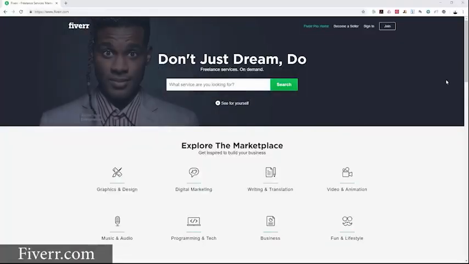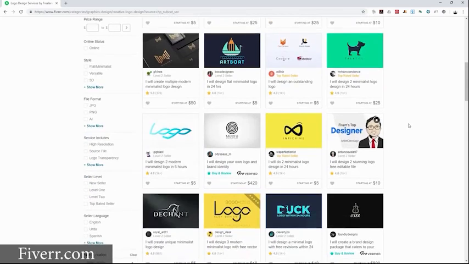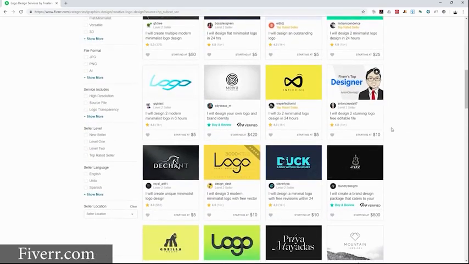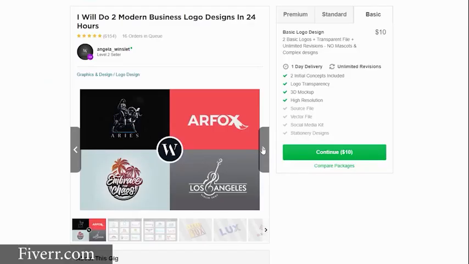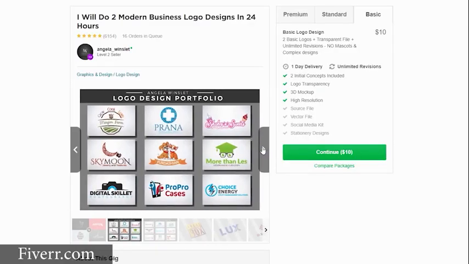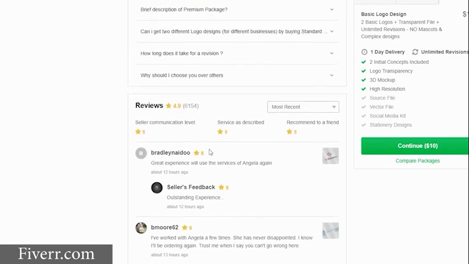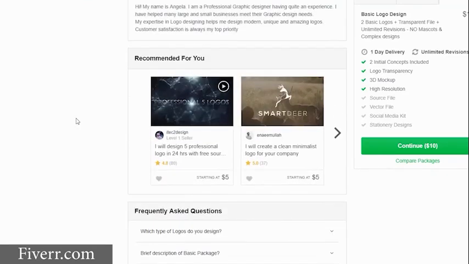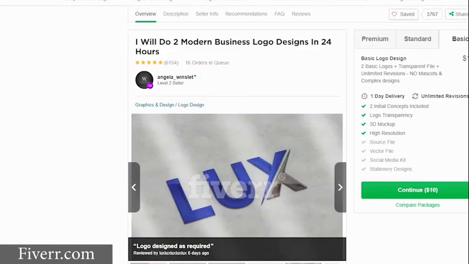There's a website called Fiverr, which I'm sure a lot of you have heard of, but it's basically a freelance design marketplace where you can hire someone to design something for you. Now, again, they have some really expensive designers for like $2,000, but they also have some people that design logos for 20 to 30 bucks. You want to look for people that have been hired quite a few times and also have a pretty good rating. Now, this is not something that I'm just throwing out there. I have personally used them before when creating logos for companies, and I've had pretty good experiences with them.